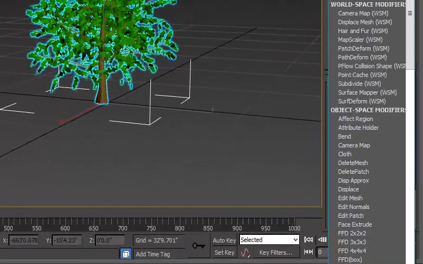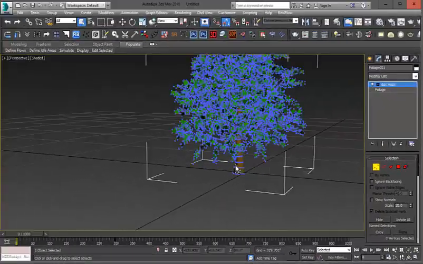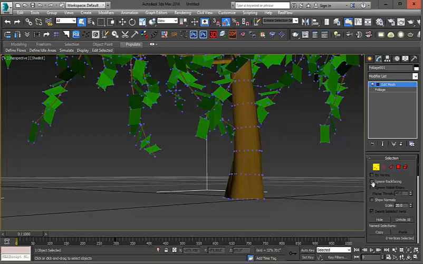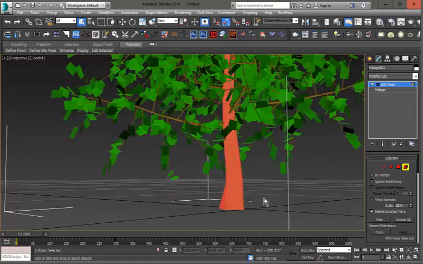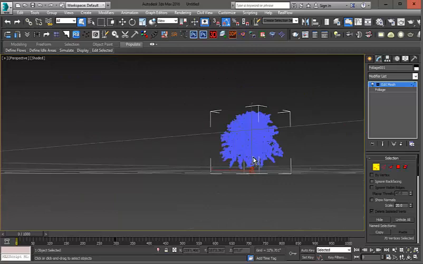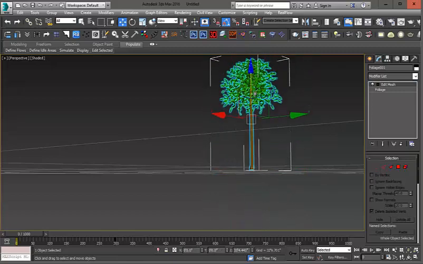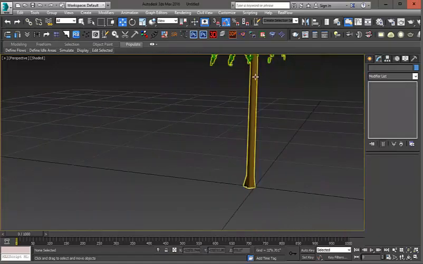modifier, or in this case I would add an edit mesh modifier, and I choose vertex mode, I could potentially increase the height of this element here, which is the trunk. So I'm going to select the bottom half of this and use my move tool and just move that down, and I have a very, I guess, weird looking tree, but the trunk is taller. Alright, now